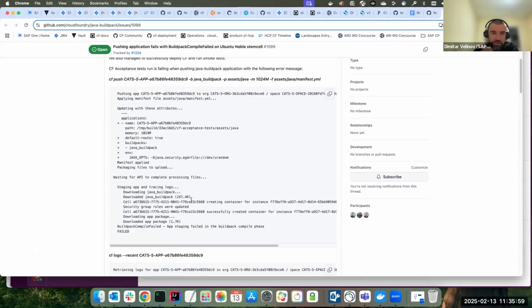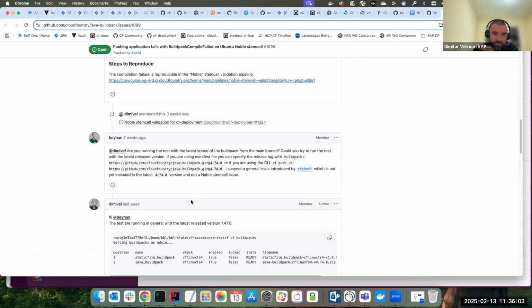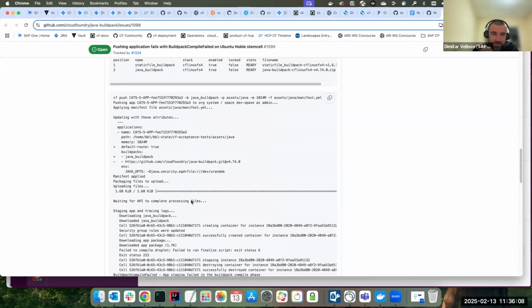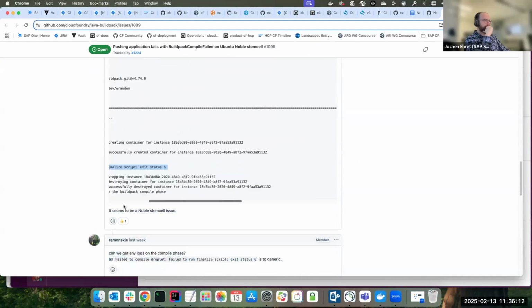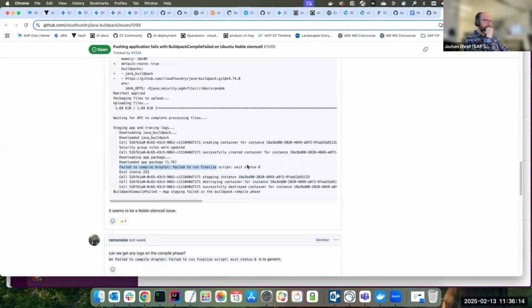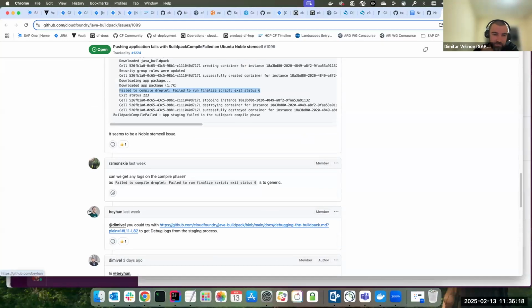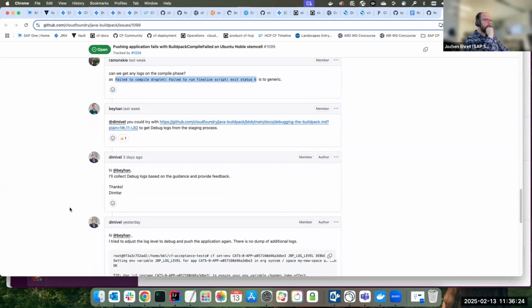For the Java one, I'm trying to collect some logs, but without much success. Colleagues are asking for additional logs, but I cannot extract any logs.